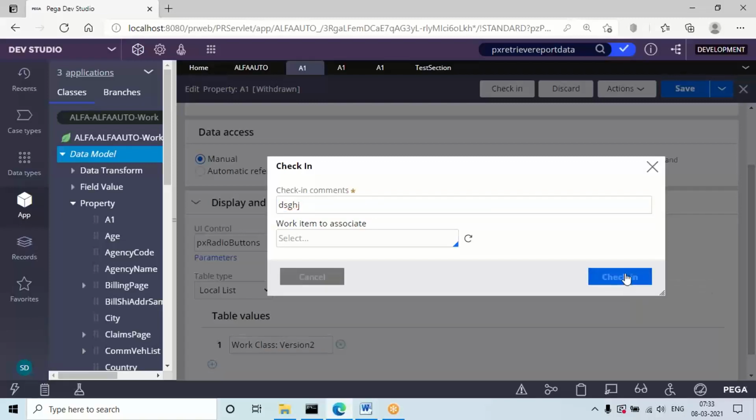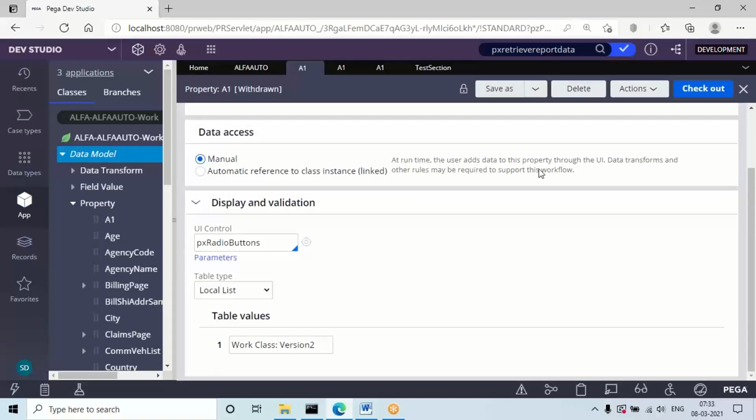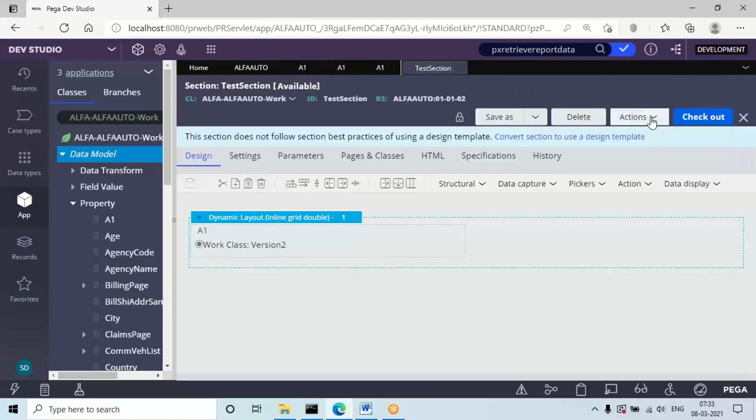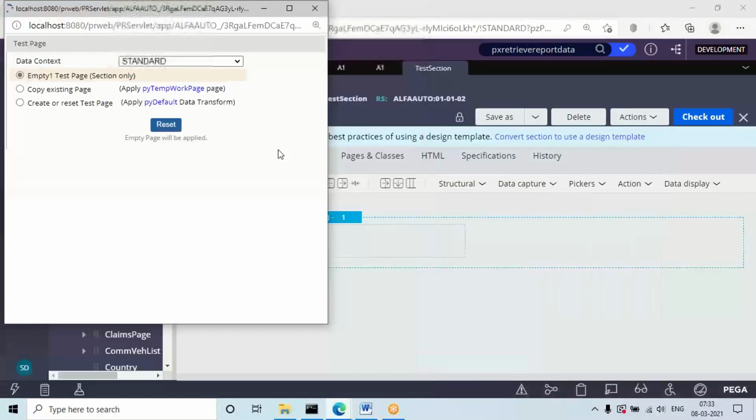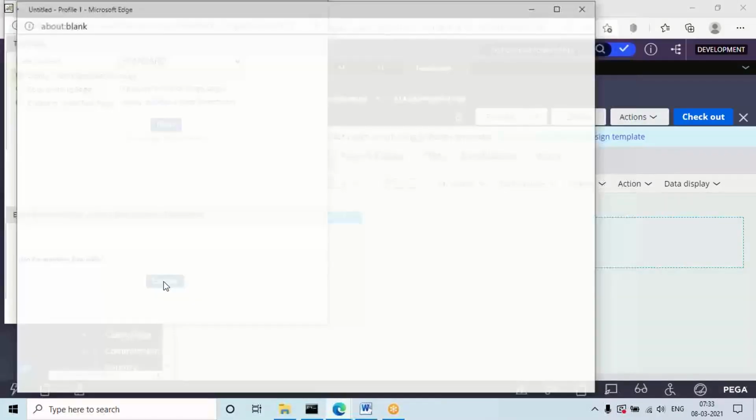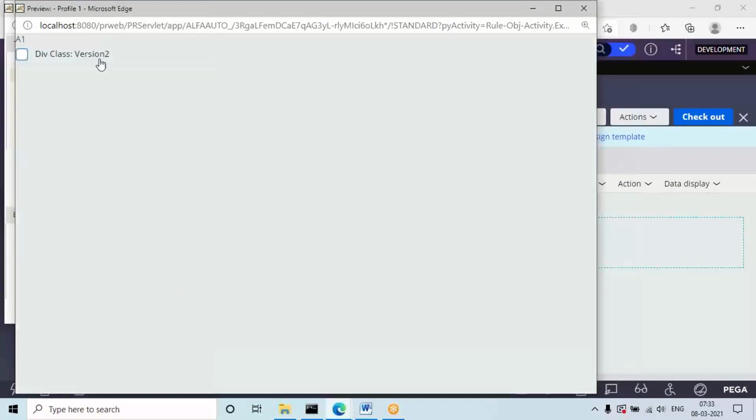We have a rule in the division class. This rule is created, right? It will execute the rule from the division class version 2, because not available means only the current class latest version is going to be dropped. But if I withdraw the rule, all versions in the current class are going to be dropped. Okay, so now execute the section. It will drop both the versions in the current class. Now it will execute the rule from the division class version 2. You can see here, division class version 2.